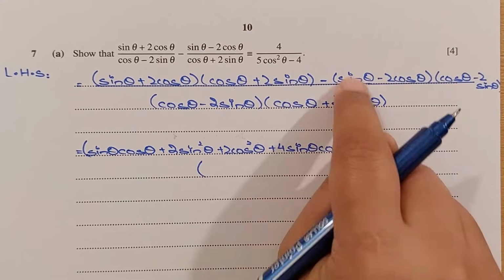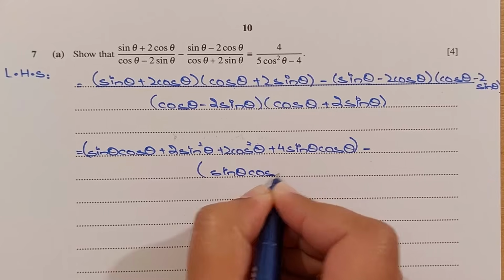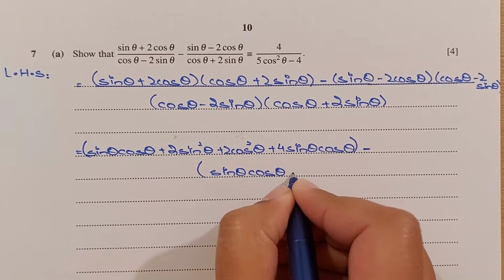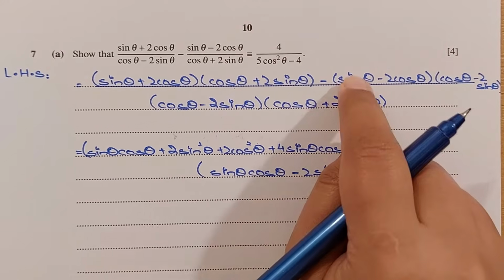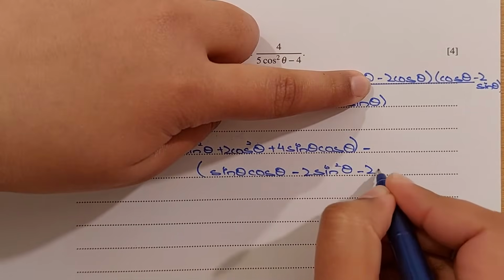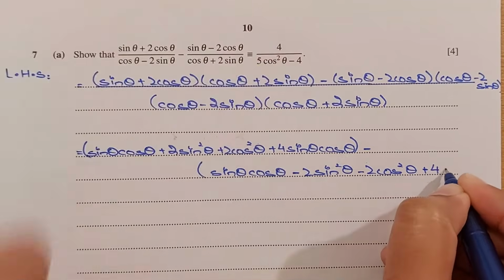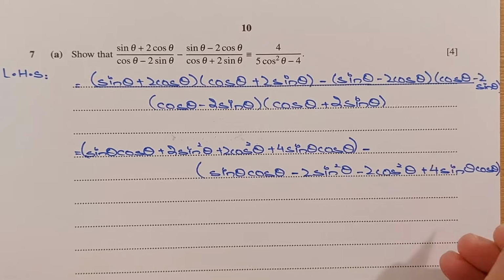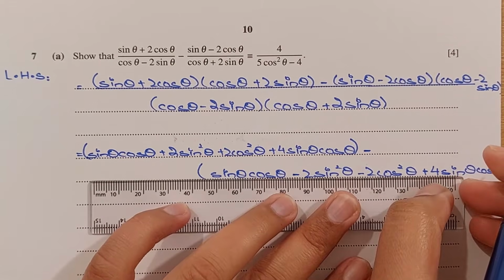So we have sin multiplying with cos, sin theta cos theta, sin with this sin, so minus 2 sin square theta. Okay, so we have negative 2 cos square theta, and negative times negative is positive 4 sin theta cos theta. Right, this whole thing is again divided by,